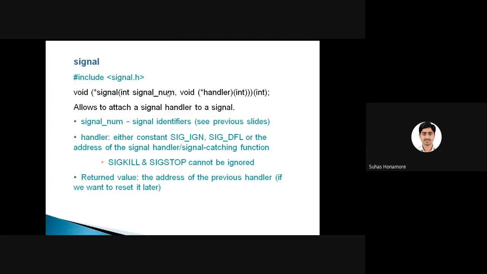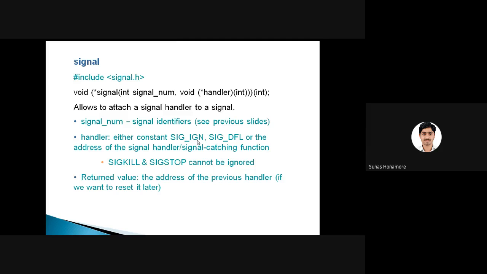Then for the particular signal you pass, this is what you want to perform. So now the binding happens between these two: for this signal you have to perform this kind of action. The kernel will maintain one table, where for this signal this handler is defined. Sometimes, instead of handlers, you have constant values. Those values are nothing but